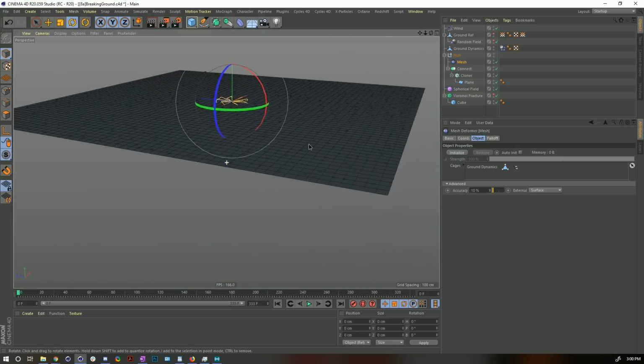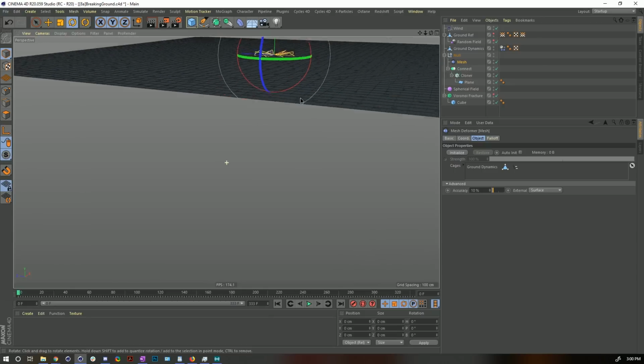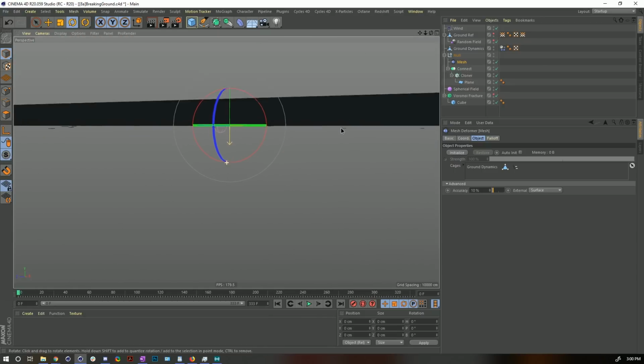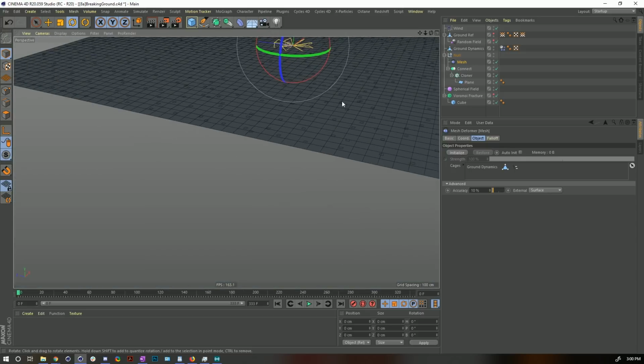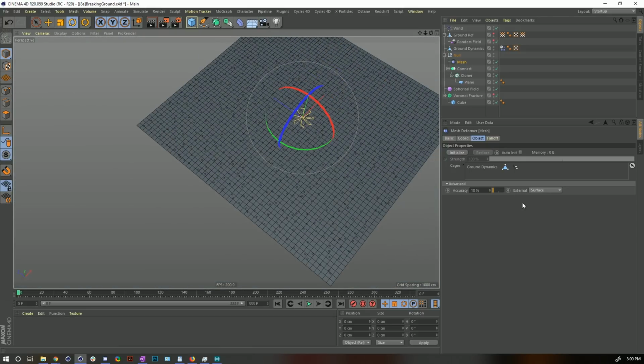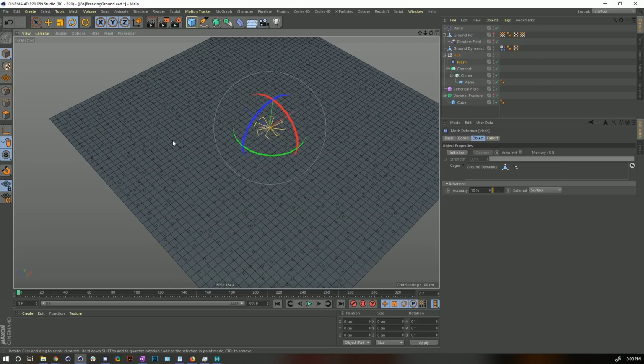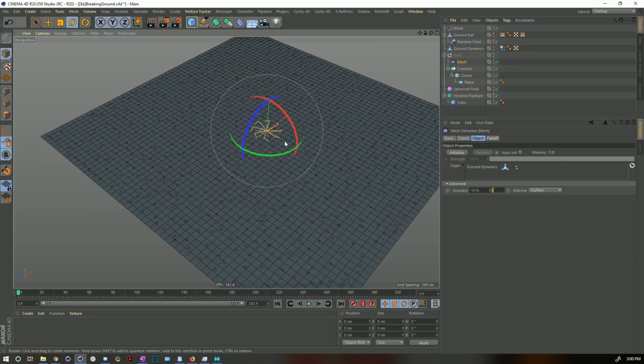Some of our nice little polygons here are going to be a little bit above or a little bit below the surface here. You see some are floating lower, some are floating higher. We want them all to be attached to this. And if this was set to ignore, then I don't think anything would stick to it. Now, I had no idea that the mesh deformer could actually work without a volume. I always thought it had to be a volume that worked, but this actually opens up a lot of really cool possibilities. So with all that in place, with surface turned on, we should be able to go ahead and